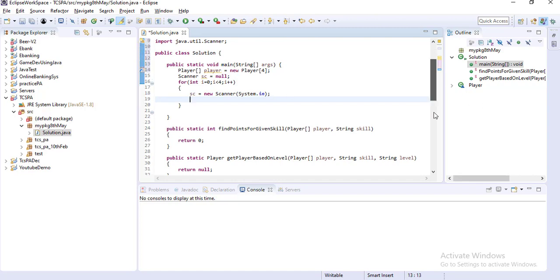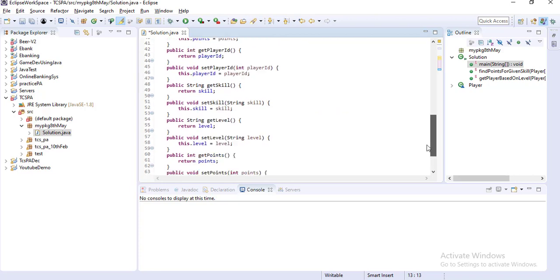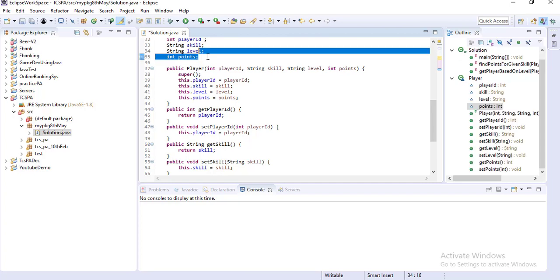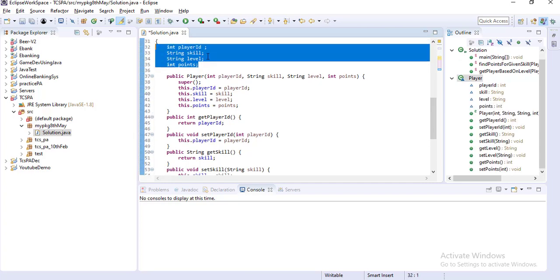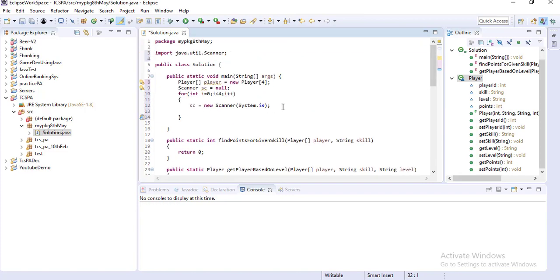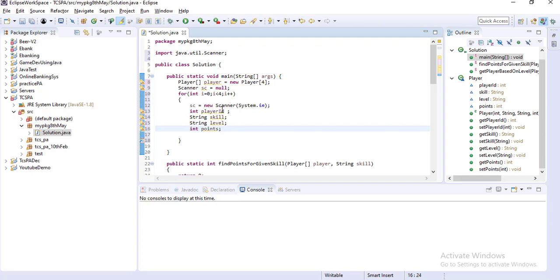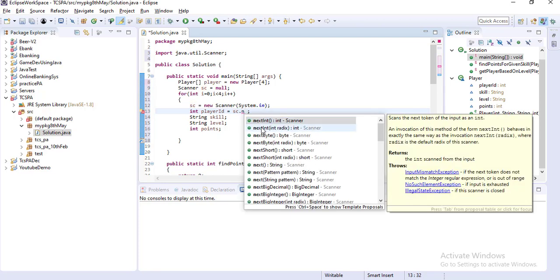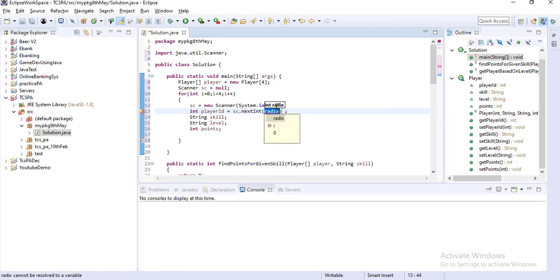You can copy from here, since you have already written these 4 values. So I am giving the same name, Scanner sc equal to new Scanner. So int playerId equal to sc.nextInt, since it's the integer type. This is the first one.